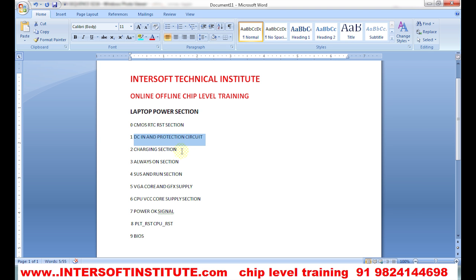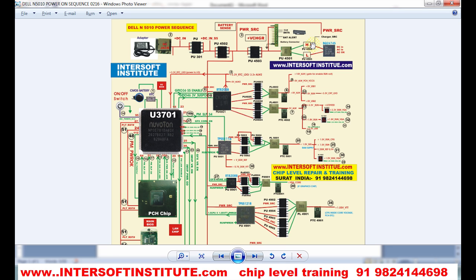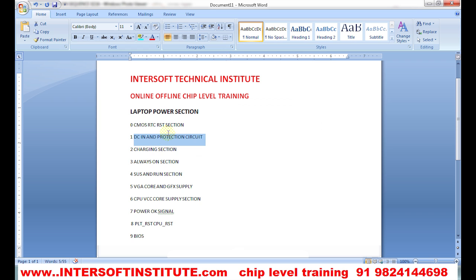Then it will go to the charging section. You can see these are the charging sections. When we connect the adapter, if the battery is full, then it protects the current inside, and if the battery is low, then this will allow the charging. So this is one source to drain, and here drain to source. Here source to drain, like that drain to source, and the power supply goes with the regulator IC with the charging battery. We will explain this in detail later on. Then this is another section, the charging section, the third.